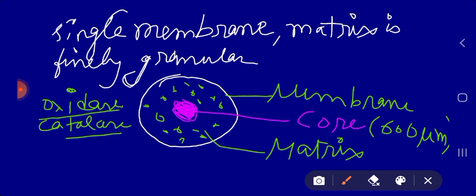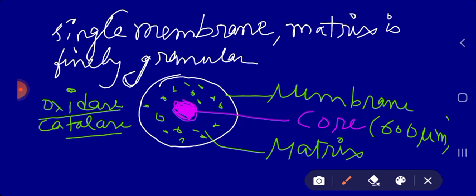So they are found only in plant cells. And the unique enzymes found in the glyoxysome are isocitrate lyase and malate synthetase. So two enzymes which are found in the glyoxysomes, which are not found in the animal cell peroxisomes,